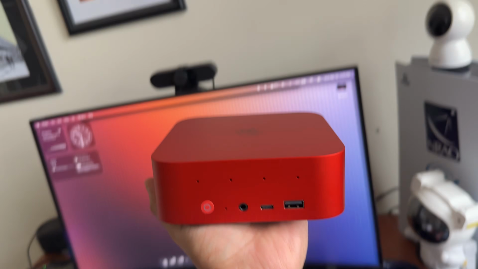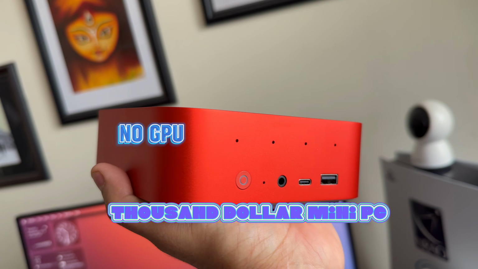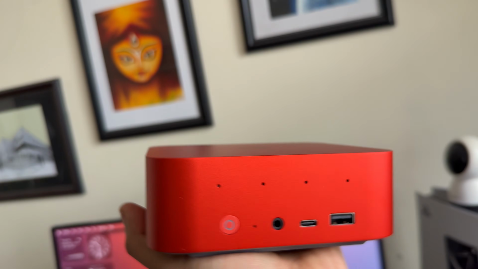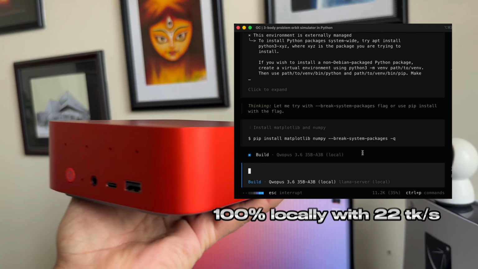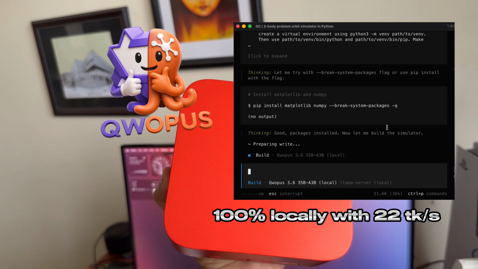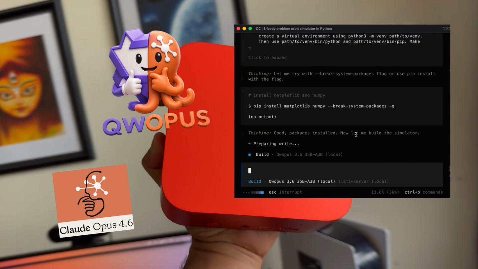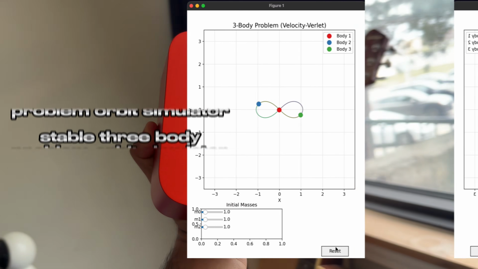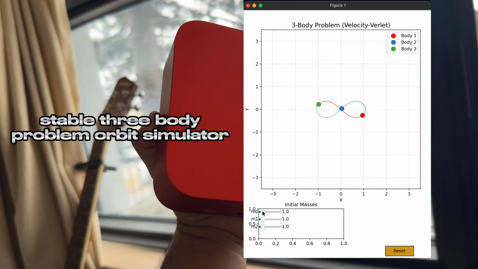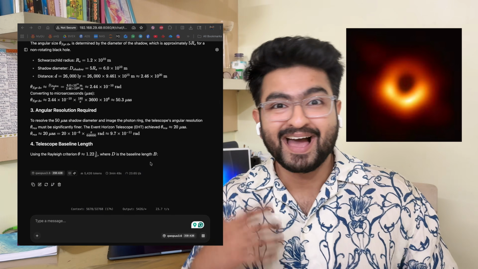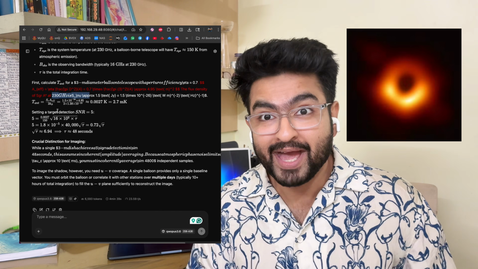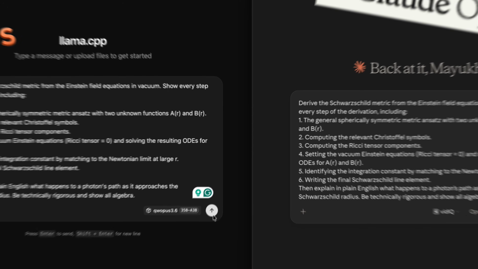This is a $1,000 mini PC with no GPU. And right now it's running a coding agent that was distilled directly from Claude Opus 4.6. It built me a stable 3-body problem orbit simulator. It walked me through how to image a black hole, and then I put it head-to-head against Claude Opus 4.7,